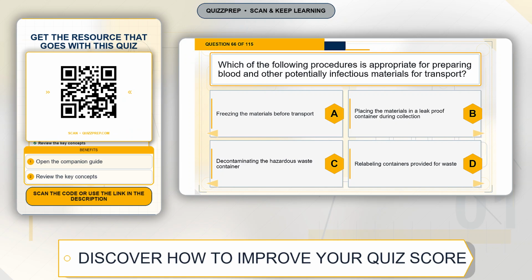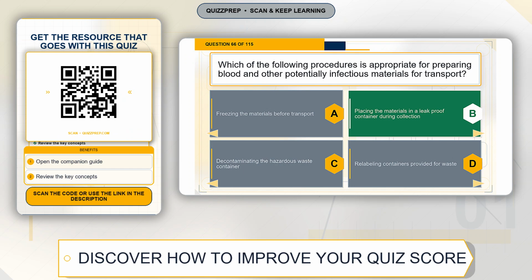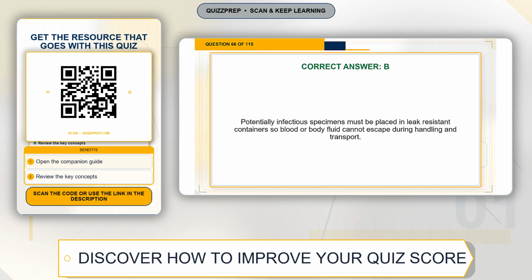Question 66. Which of the following procedures is appropriate for preparing blood and other potentially infectious materials for transport? Option A, freezing the materials before transport. Option B, placing the materials in a leak-proof container during collection. Option C, decontaminating the hazardous waste container. Option D, relabelling containers provided for waste. The correct answer is option B, placing the materials in a leak-proof container during collection. Explanation. Potentially infectious specimens must be placed in leak-resistant containers so blood or body fluid cannot escape during handling and